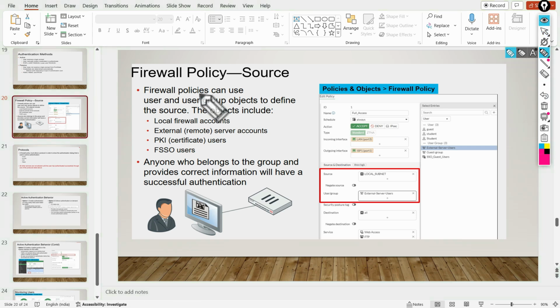There is another thing. This is the policy based on the user groups. It means that the user identity we are using in the FortiGate policies. Then firewall policies can use user and user group objects to define the source. The objects include local firewall accounts, external PKI and FSSO users. Anyone who belongs to the group and provides the correct information will have a successful authentication. So in this section, while creating a policy, these fields are